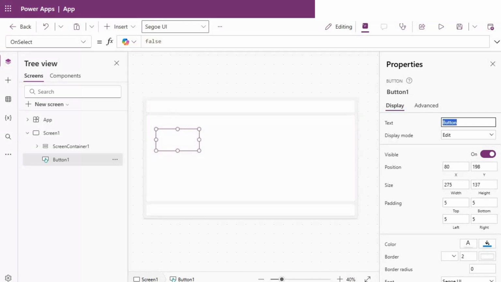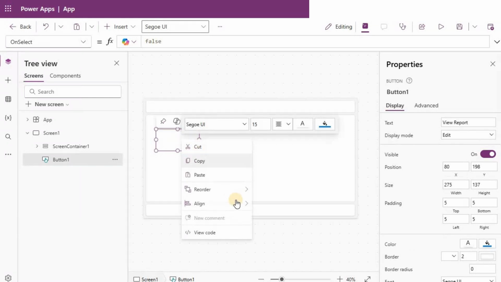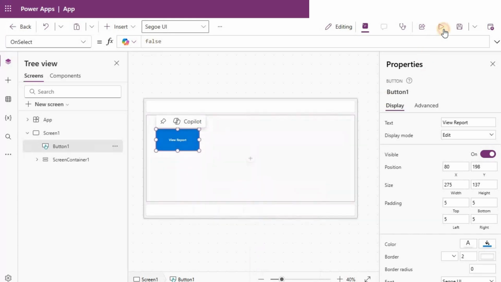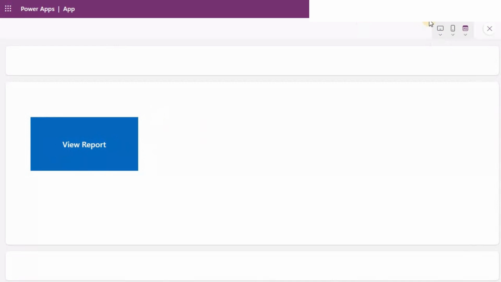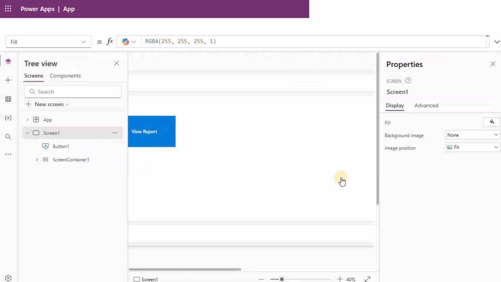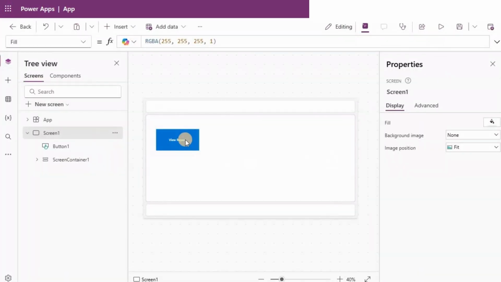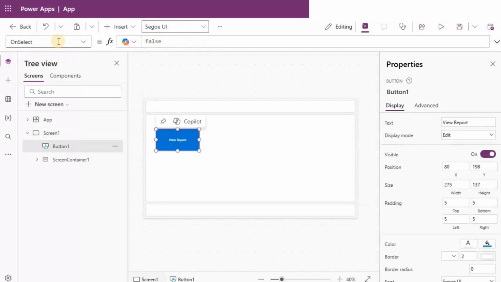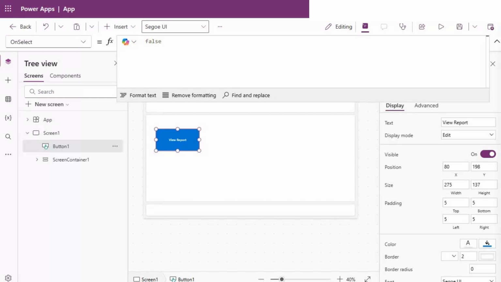I will name this button as view report. And then right click on it, click on reorder, and then click on bring to front. So now if you run this, you're able to see the view report. Now I'm going to click on this view report, and on select, I'm going to run this particular